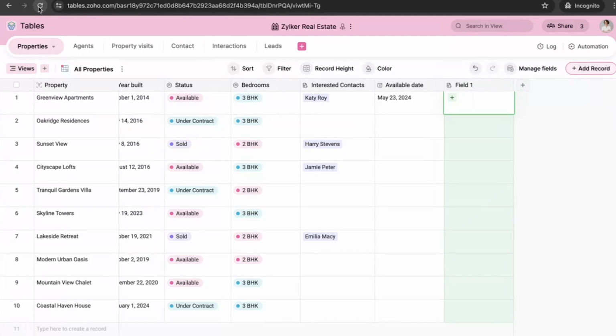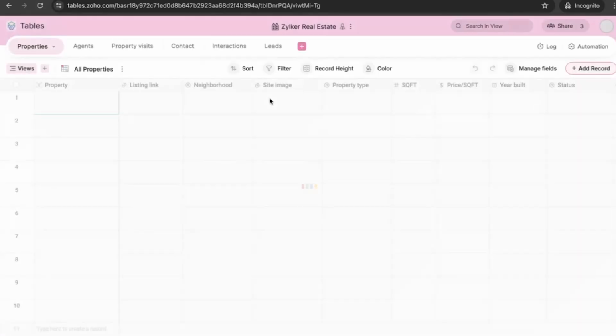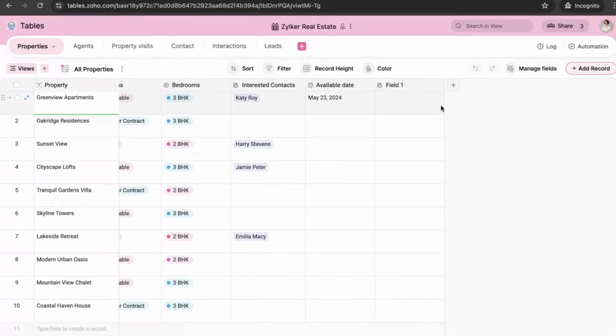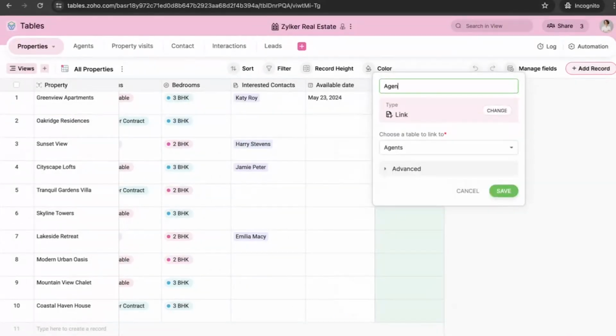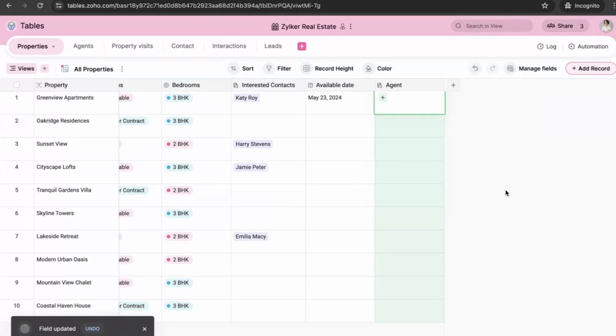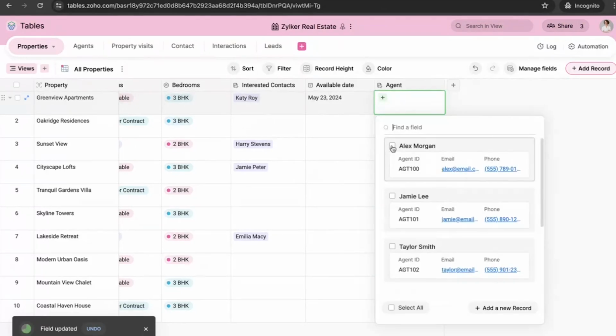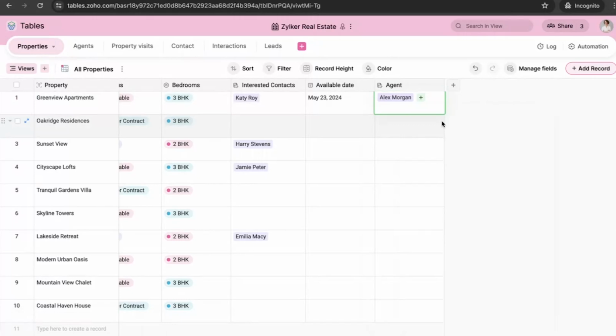Let me refresh the page quickly. By creating this link, we need not check the agent responsible for this particular property each time individually. So what we can do is keep this information updated in this table by just creating a link. So how do we know if the link is established between these two tables, the properties and